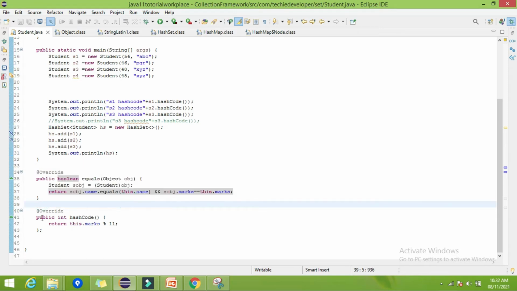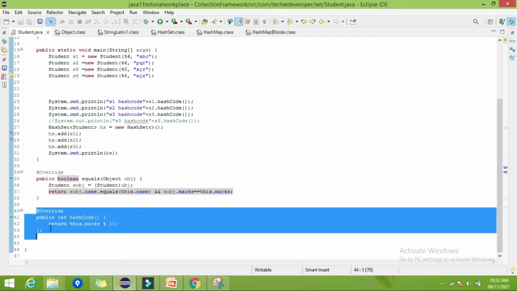After that, the hashCode. It is recommended that whenever we override the equals method, we should override the hashCode method. It's a kind of contract. Why do we need to override the hashCode method? Because in collections, some collections already work on hash code, like HashMap, Hashtable, HashSet. These are collections which work on hash code.